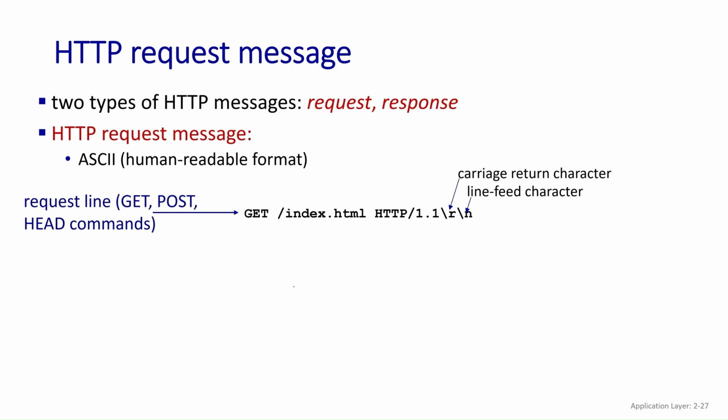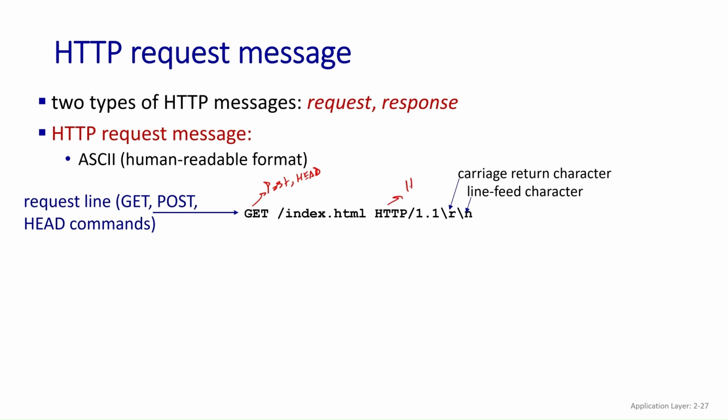Then we have first the method, which can be GET, POST, HEAD, or DELETE, and then it would be followed by the path and the variant of HTTP, for example, HTTP 1.1,